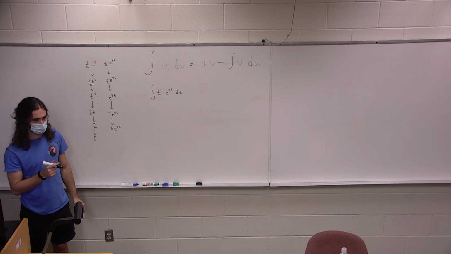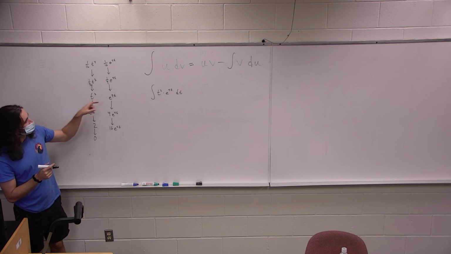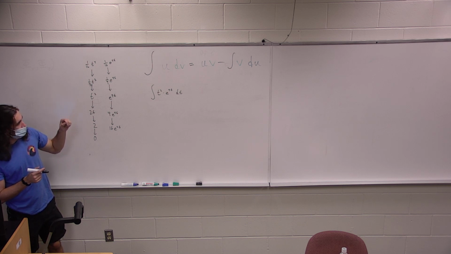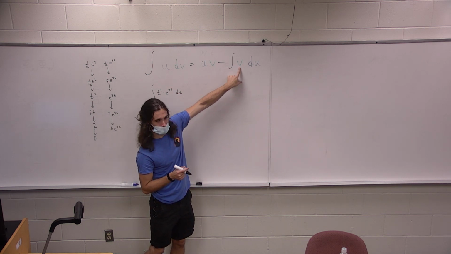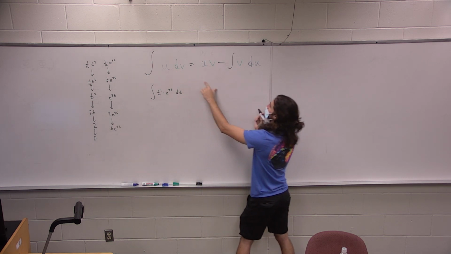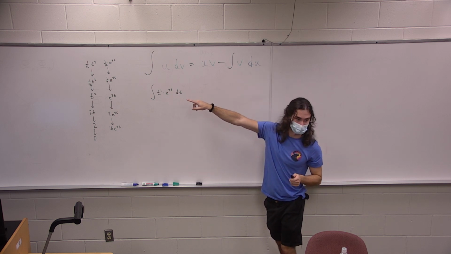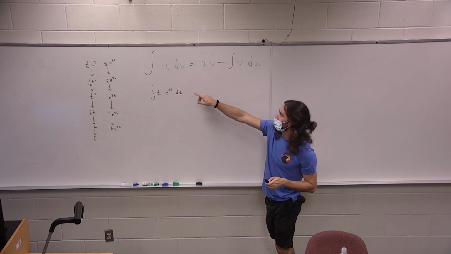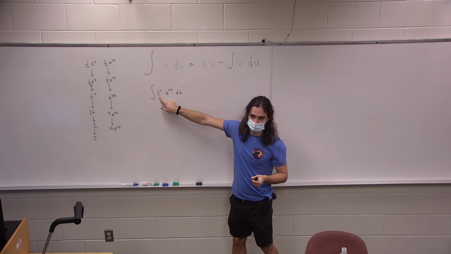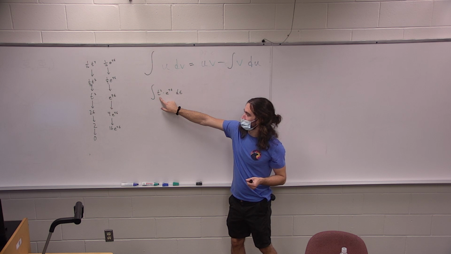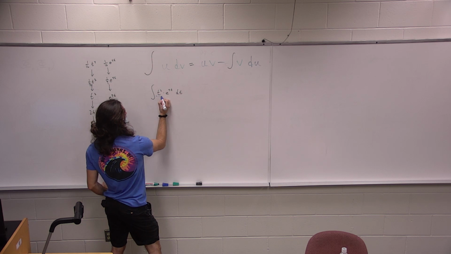Yeah, choose e to the 4t for dv. The derivative stays the same basically, and the dv becomes its antiderivative. We start with dv and then it becomes whatever its antiderivative was. But you're absolutely right that the antiderivative is not any worse. So then, why is it a good idea to have the other part be the derivative? Because we just said it's simpler as we find the derivative, and it's harder when you get the antiderivative. Exactly. So it would be a very smart move to let this be the u,